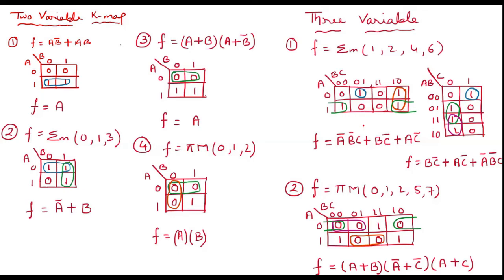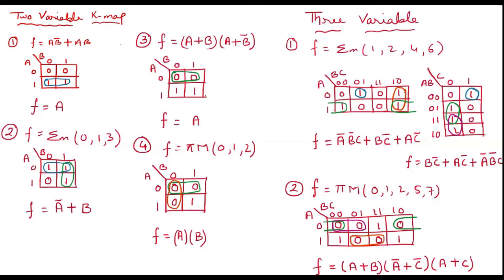So after doing that, I am checking for pair, octet, quad and single. Octet is not possible. Quad, pair and single I will check. Okay, before that I am finding this is a pair. This 2 is in pair, and then if I fold it horizontally, this and this will overlap. So this is again a pair.